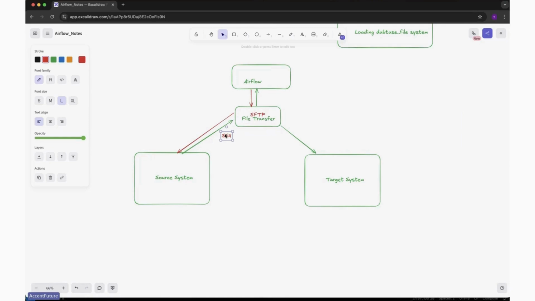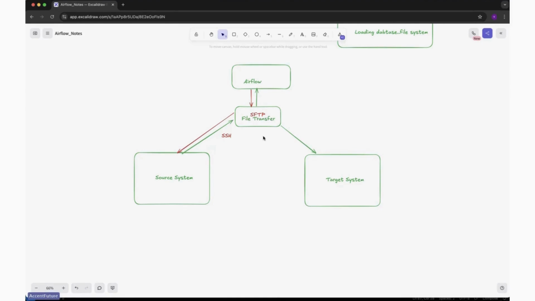So we need to establish the connection to test how the SSH is working first. Once SSH is enabled, we'll go with the SFTP connectivity, and then we can transfer the files. Because once SSH connectivity is established, it means that you're ready to use SFTP for connecting these two systems and to load the data from the source to target. And in between, if there is any security process,